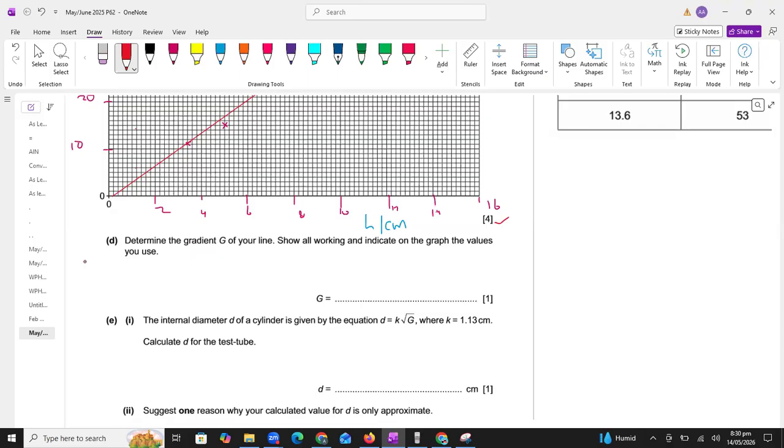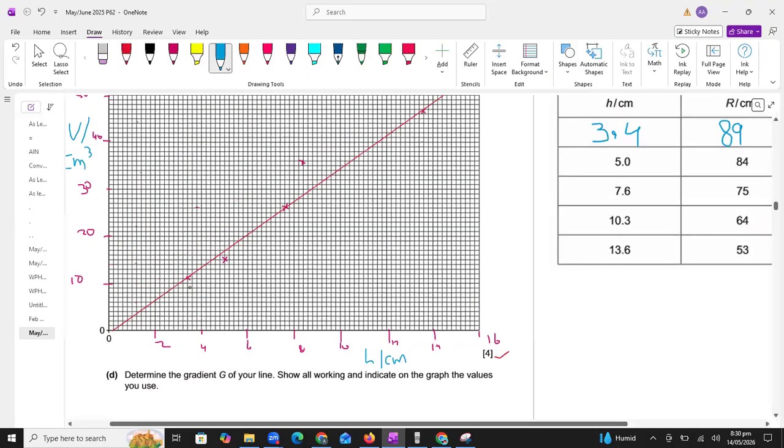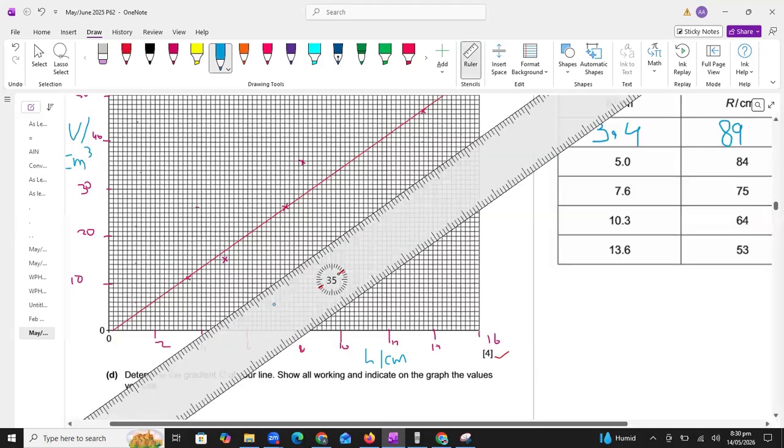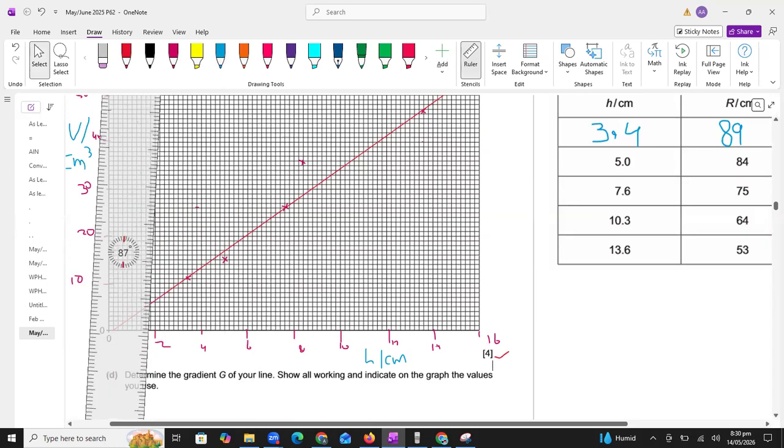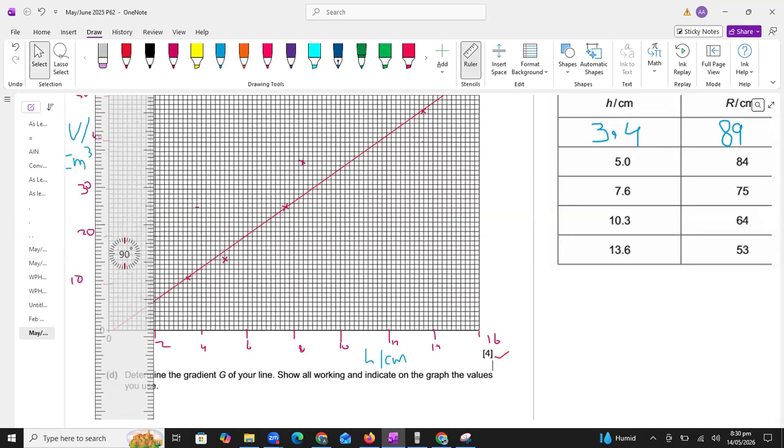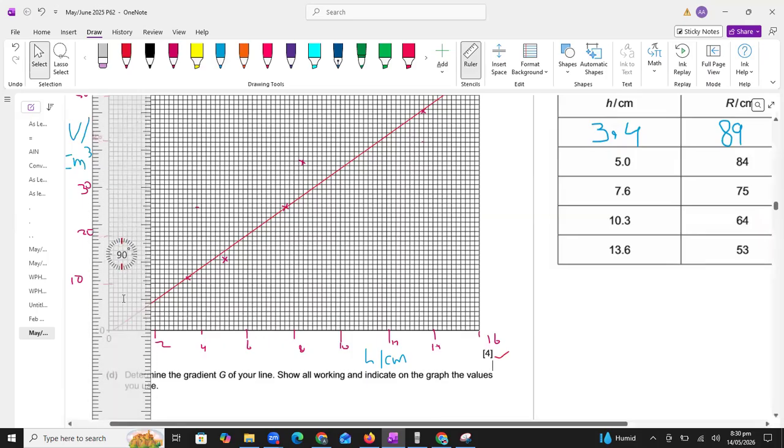We have to take the two extreme values. So one value we will take from the minimum level and the other value we will take from the maximum level. All right. So now students, what we have to do, we have to draw the gradient. We have to find the gradient. So first of all, I will take the minimum value at 2. All right. Because I find it easier to take the value at 2.